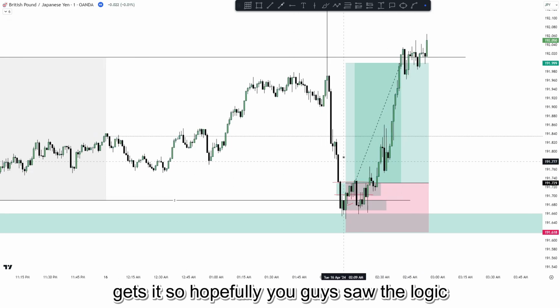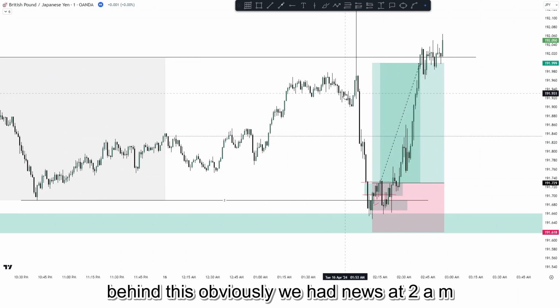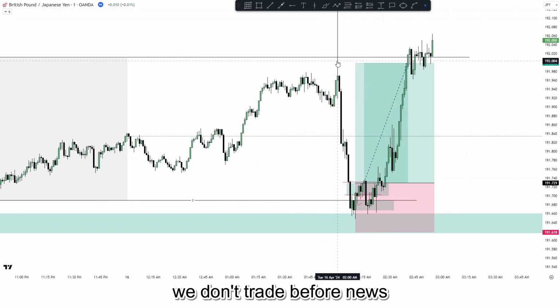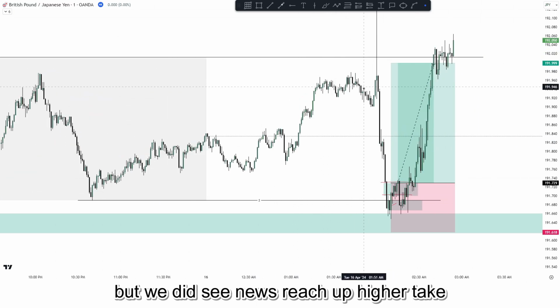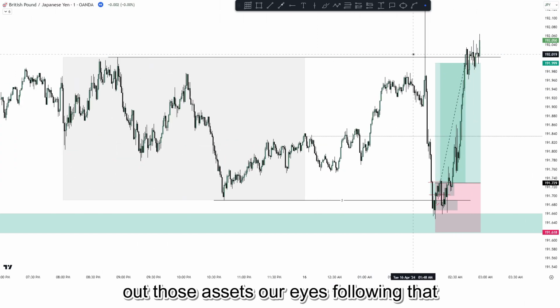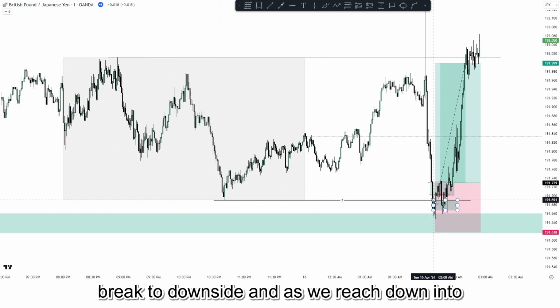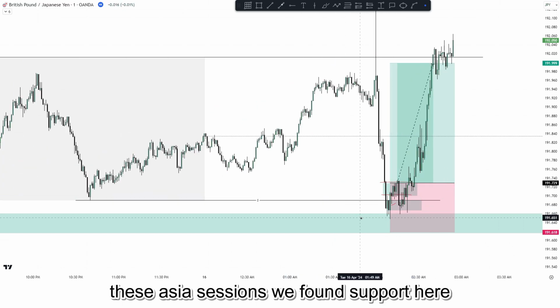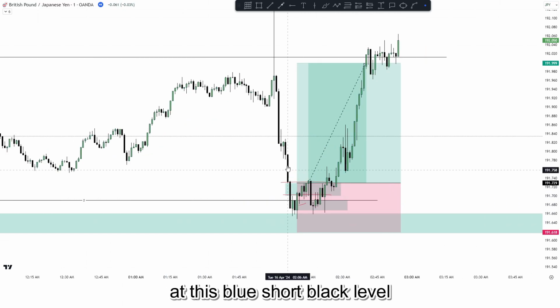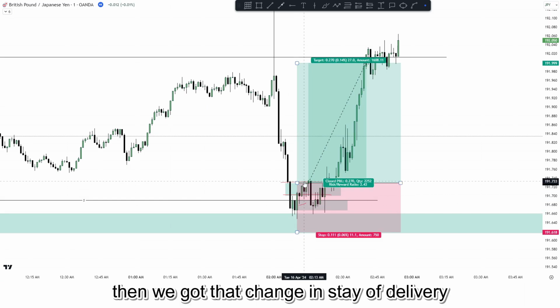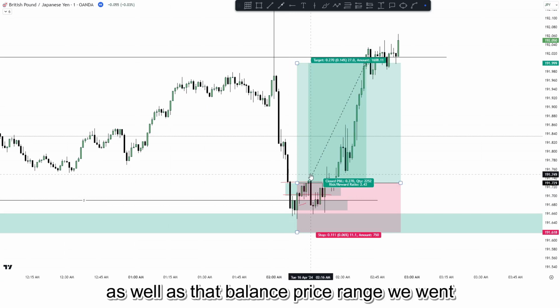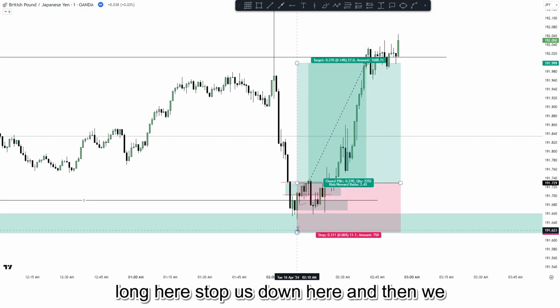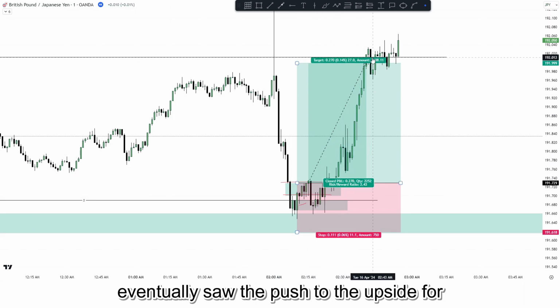So hopefully you guys saw the logic behind this. Obviously we had news at 2 a.m. We don't trade before news, but we did see news reach up higher, take out those Asia session highs, following that break to the downside. And as we reach down into these Asia session lows, we found support here at this bullish order block level. Then we got that change in state of delivery, as well as that balanced price range. We went long here, stop loss down here, and then we eventually saw the push to the upside for that